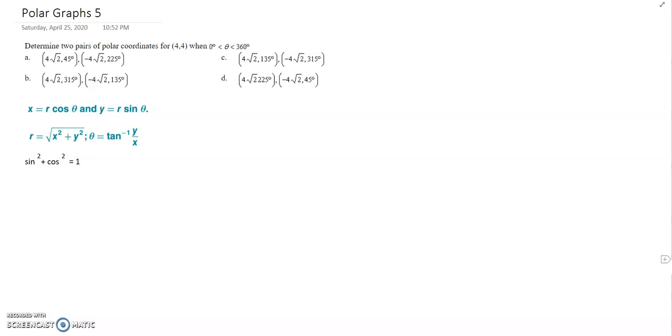All right, question 5. Determine 2 pairs of polar coordinates for (4, 4) when theta is between 0 and 360. So the point (4, 4)